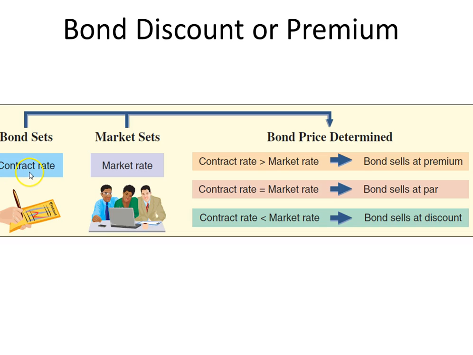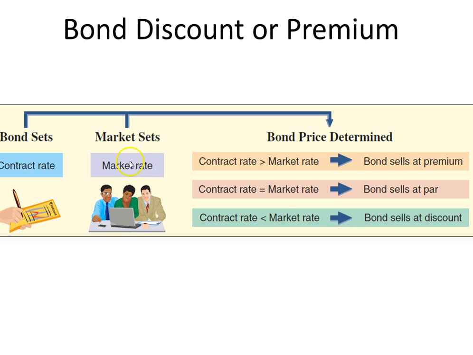And so you're going to have to sell it at market rate, not at contract rate. The contract rate is the legal rate. That is what you've been statutorily required to pay. You're going to pay, let's say it's 9% on a bond. That's going to be $90 a year, or $45 every 6 months. But the market rate might say, I want 9.1% or 8.9%.